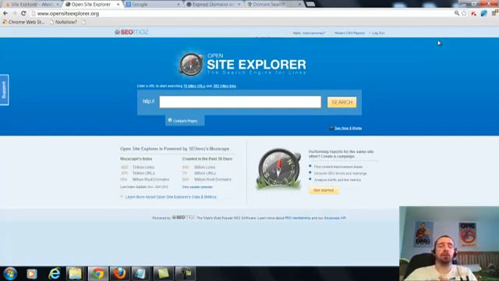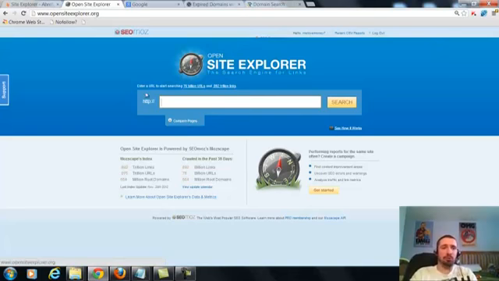And that works, but it's nowhere near as powerful as buying an expired domain, when it's an aged domain and it has links to it. Okay, so that's what I'm going to be teaching you. How to buy expired domains, what to look for, how to set them up, and how to link to your sites. Because it's all very important, especially the setup. If you leave out one of the steps, where you're hiding the footprint, so to speak, you can expose your whole blog network. So it's very important that you follow all the steps and you do it the right way. All right, so that's what we're going to be doing.